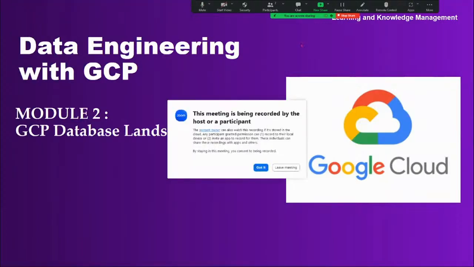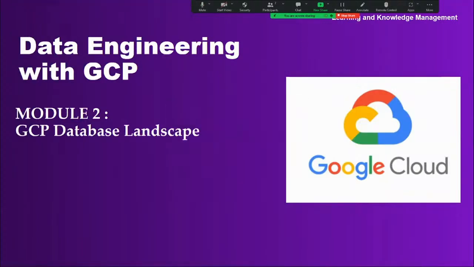Recording in progress. Right? From today onwards, we're gonna discuss the very first topic, that is, in GCP we have a GCP database landscape and big data landscape. So one by one we are going to start with. In the first half, I'm going to explain a few concepts related to the databases, that is our Google Cloud Storage. And after that, we're going to start with